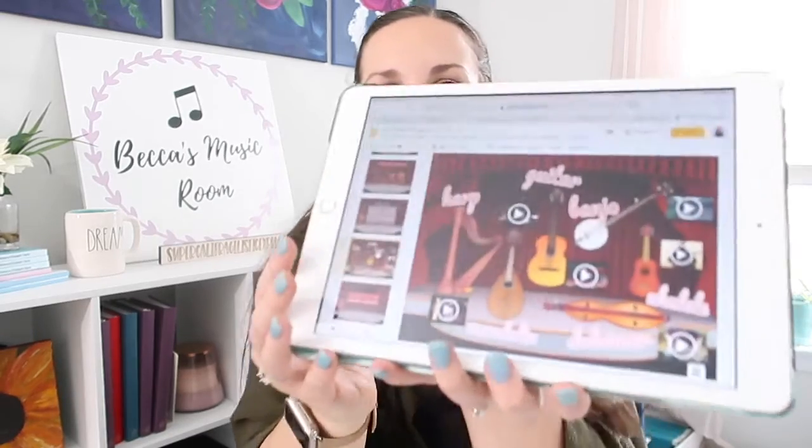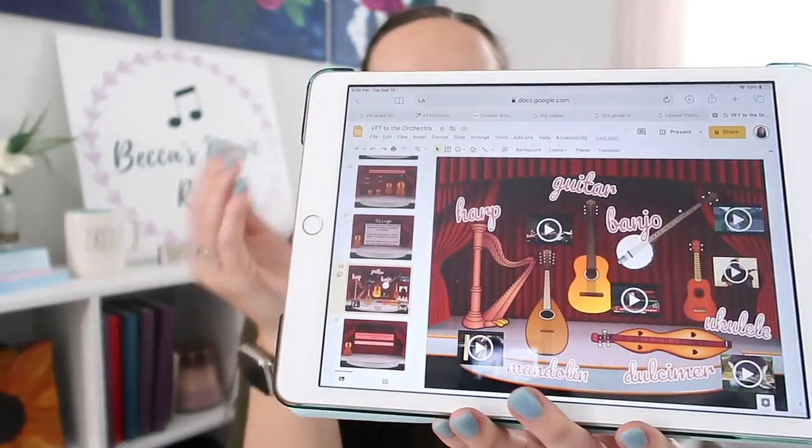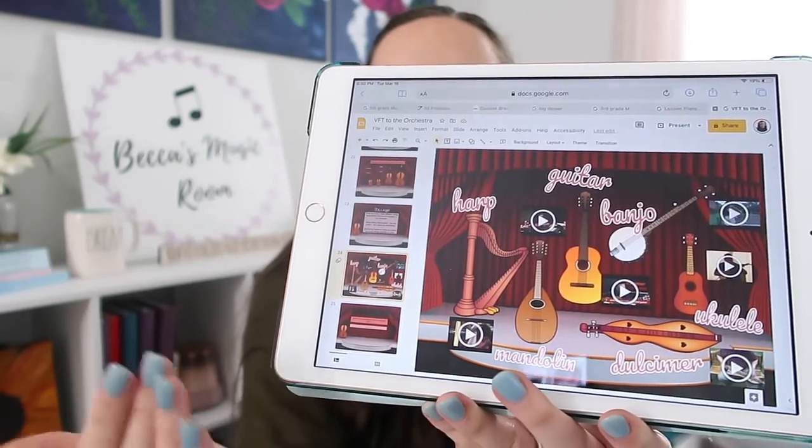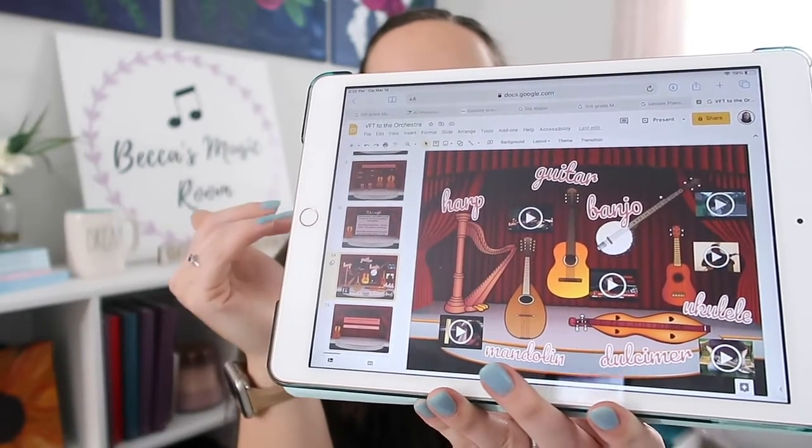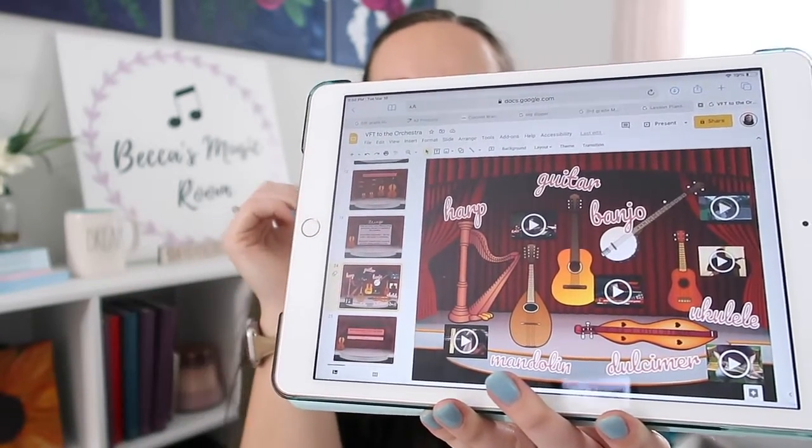And then my favorite part is to have them listen to all these different string instruments. So I have this slide with the harp, but it also has the mandolin and the ukulele and the banjo and just all these different instruments that they may have never heard before. And so we can talk about how all of those are string instruments, and they're a lot of fun. I also, when we do string instruments, like to pull out a little object lesson,